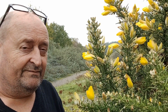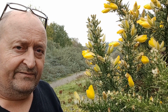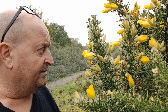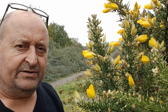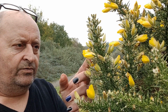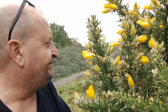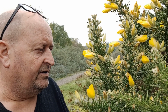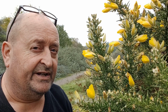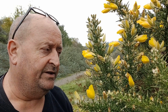Gorse is also useful, as I've mentioned a number of times on this channel, for being a great place for overwintering invertebrates. And if you're at a loss and you've got a beating tray and a stick, tap the branches of gorse, especially where there's accumulations of dead needles and old dead flowers, and you'll get a sheetful of invertebrates. It is probably one of the best plants and shrubs for overwintering inverts,